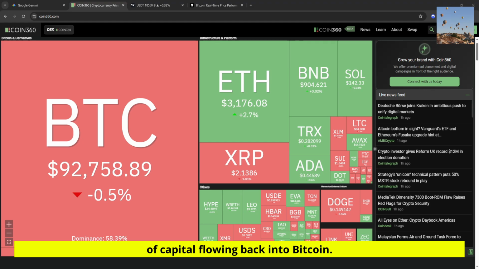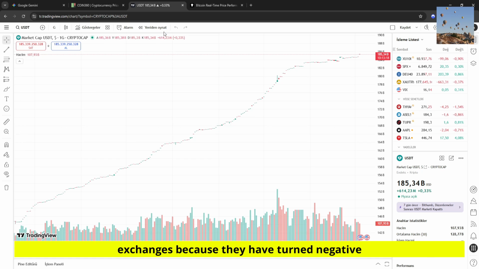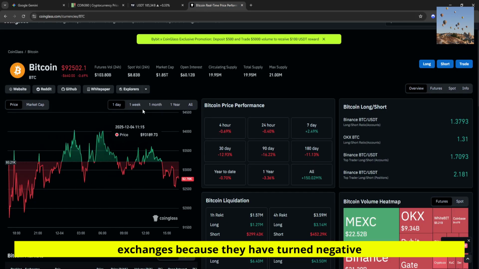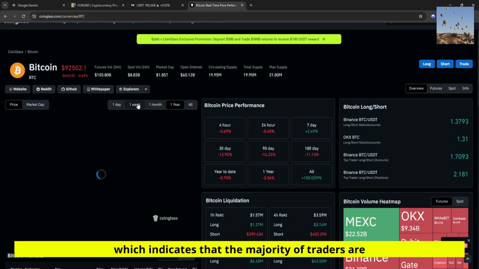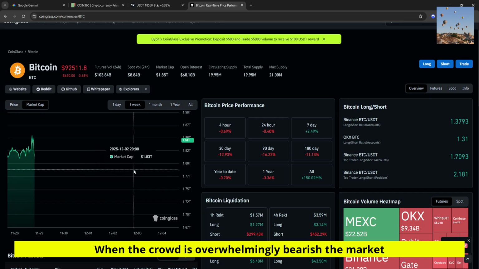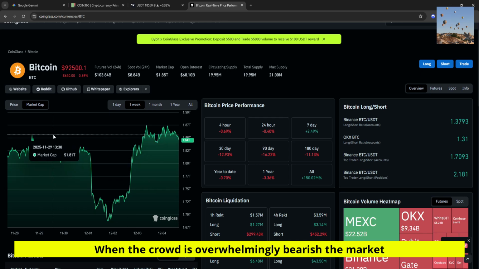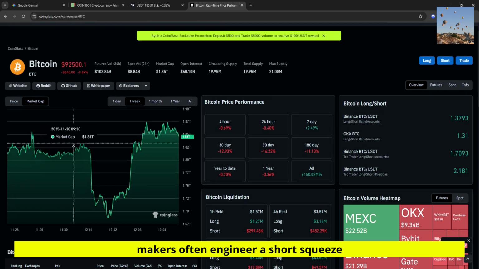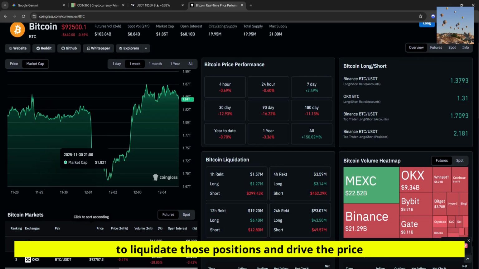back into Bitcoin. We must also analyze the funding rates across major exchanges, because they have turned negative, which indicates that the majority of traders are currently shorting the market. When the crowd is overwhelmingly bearish, the market makers often engineer a short squeeze to liquidate those positions and drive